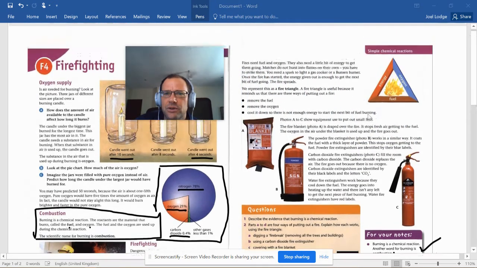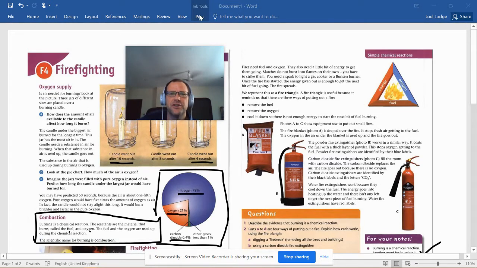Okay. So here we go. What we usually do is talk about this in terms of the fire triangle. Oxygen, fuel, heat or energy or spark. If we remove any of these, we can put out a fire. Okay, so this is a really good thing to have in your notes,